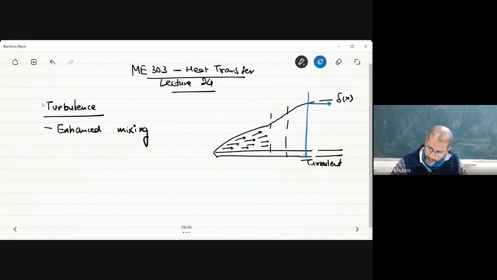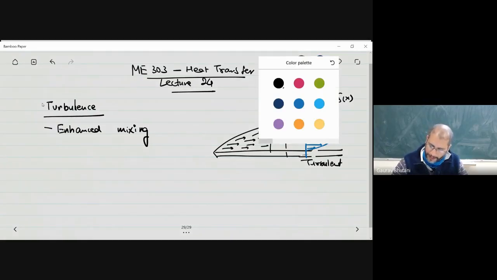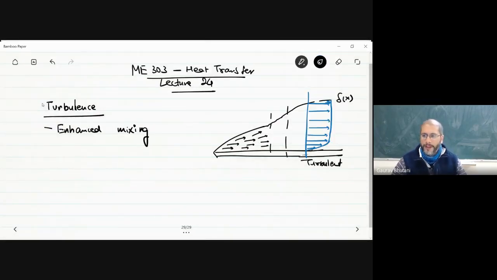So you'll see that your velocities will be mostly flat, and then towards the very bottom region you will see a strong variation in the velocity. Of course, it won't be as flat as this, otherwise we cannot call it a boundary layer region. Yes, I'm exaggerating things here, but there is this region very close to the plate where you have very strong gradients in the velocity. And this region, if you remember, is called the viscous